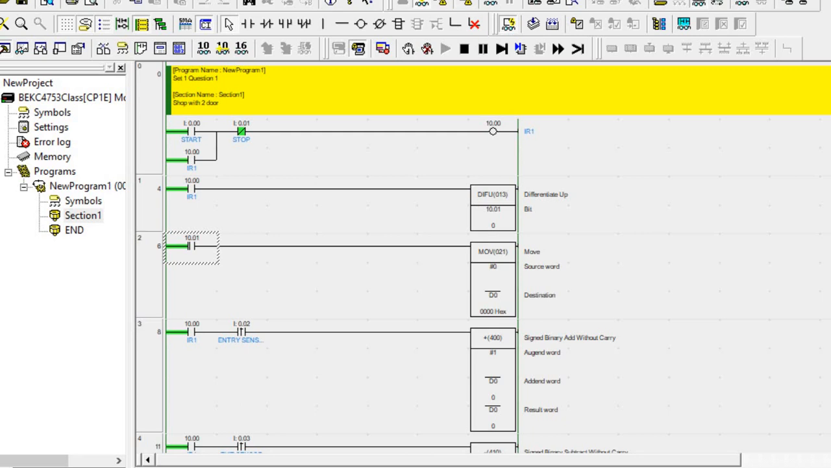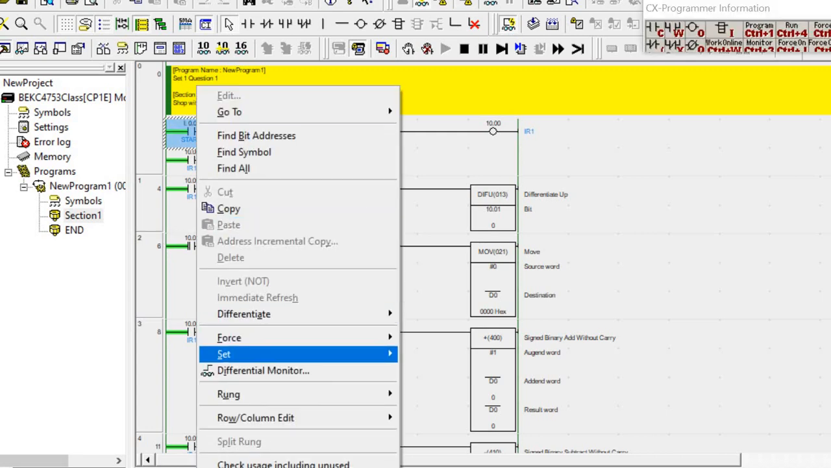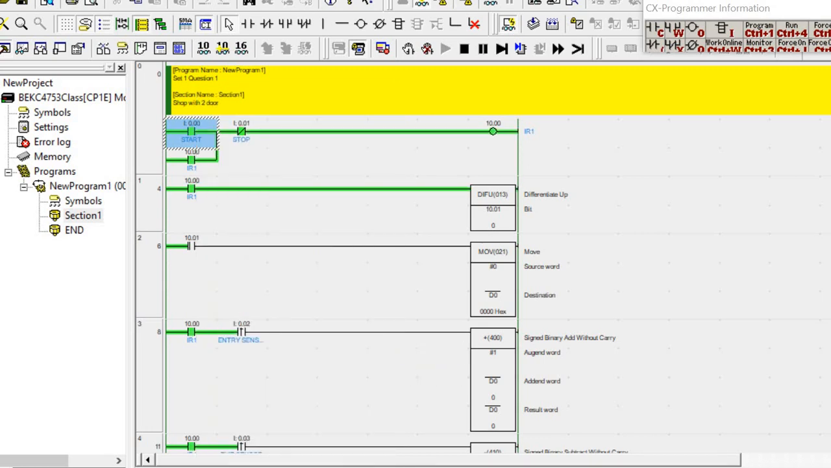Alright, now we'll see the implementation of the first question. This is set 1, question 1. And we realized that to implement this in CX Programmer, this is an example of when I use a CP1E, okay? So in this case, if we press the start button, what should happen is that it will move 0 to D0, and it will stand by all the